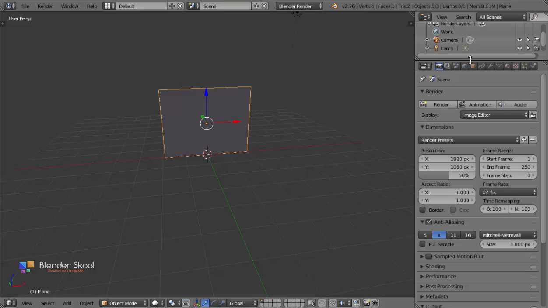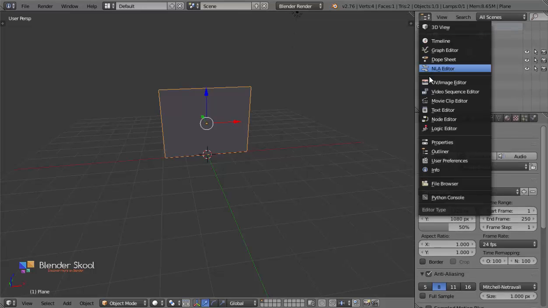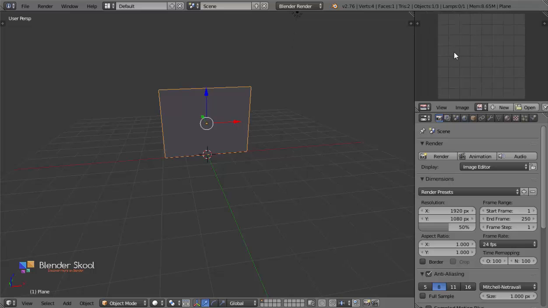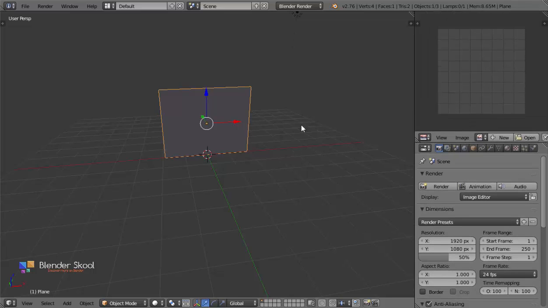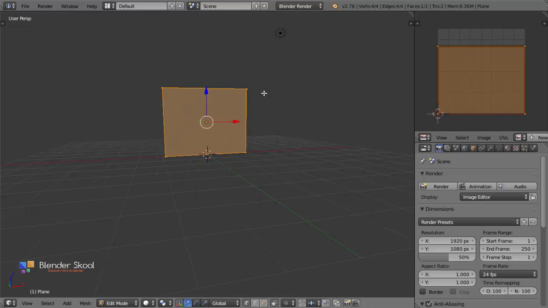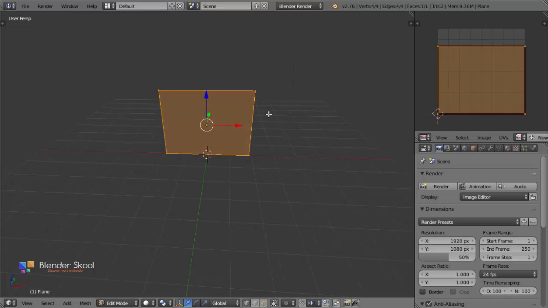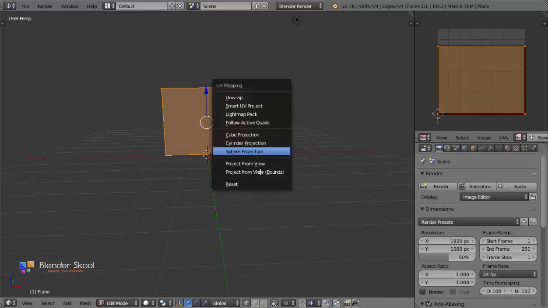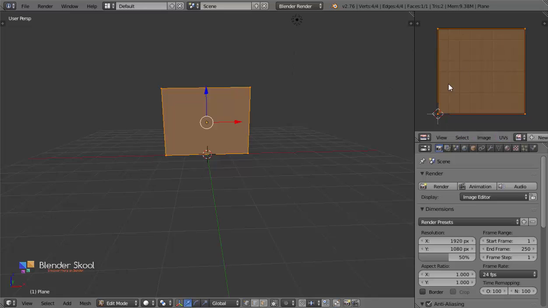I'm just gonna change the outliner over here to be the UV image editor, and let's unwrap this plane. Before unwrapping it, apply the scale and the rotation of this mesh. So press Ctrl A and select rotation and scale, and then come in the edit mode and then press U, unwrap. As you can see, we have got a rectangular unwrap, but we want a square one. So again press U and then select reset. So now we have a square